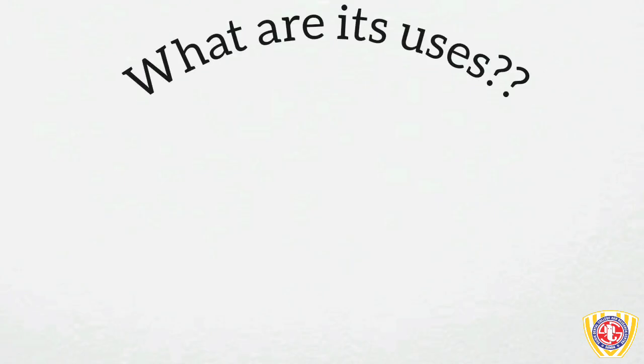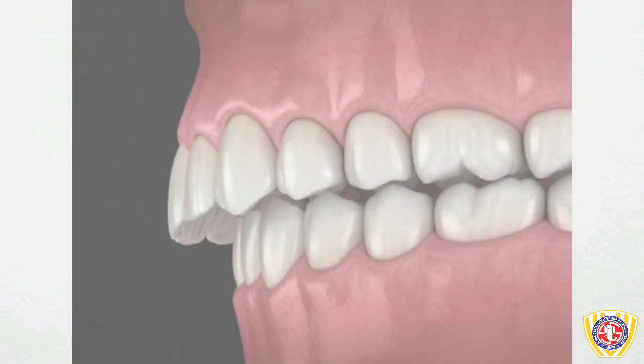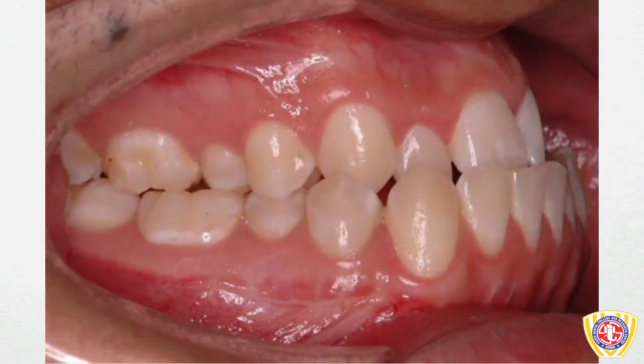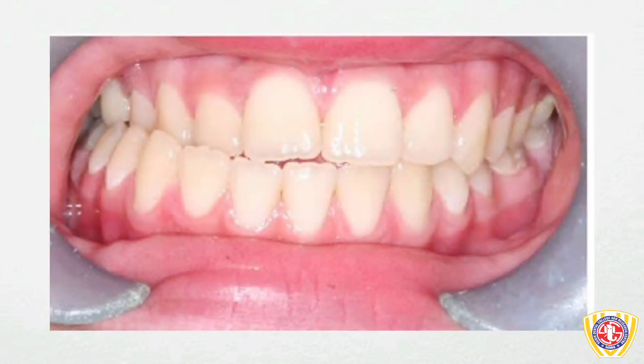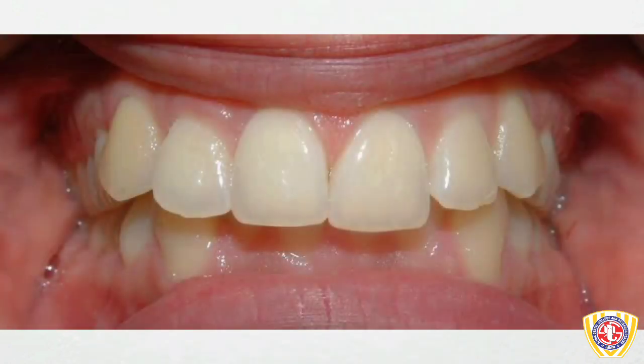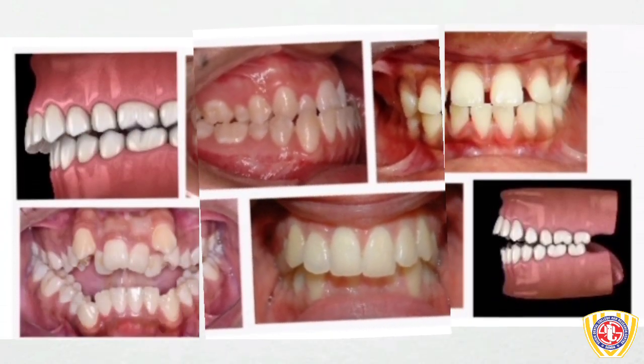The next and the obvious question: what are orthodontic appliances used for? These can be used for many reasons, like for forwardly placed teeth, for backwardly placed teeth, to correct spacing, crowding, any skeletal malocclusion or any malalignment of teeth that you find unaesthetic, even open bites or deep bites. All of these can be corrected using orthodontic appliances.